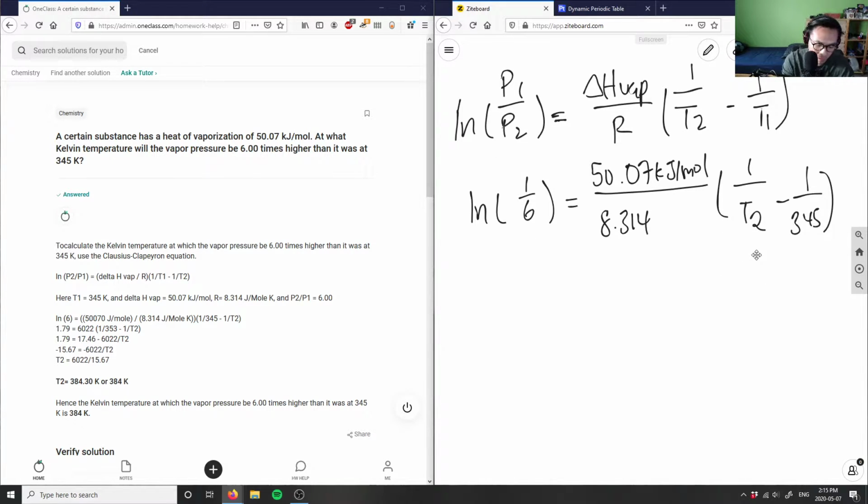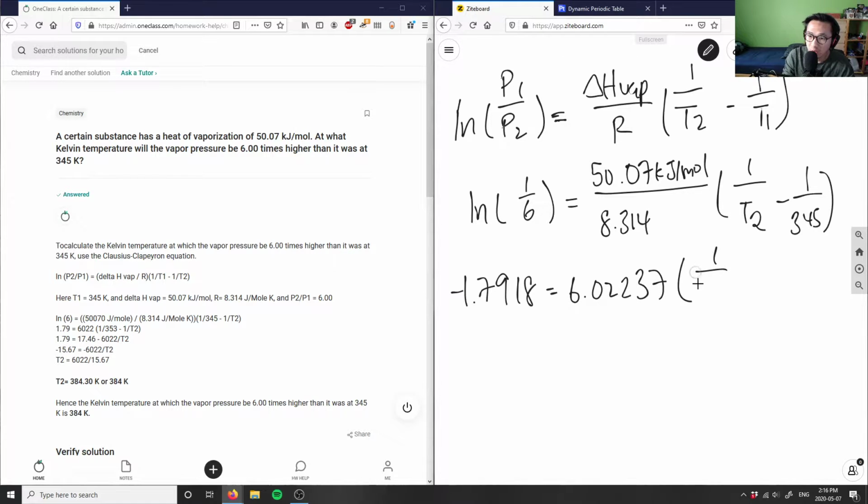So I'm going to find ln of 1 over 6 first. I'm going to take ln of 1/6 and then divide it by this guy here. I'm going to get negative 1.79. Sorry, that's 6.918 equals, what's 50.07 divided by 8.314 would give me a value of